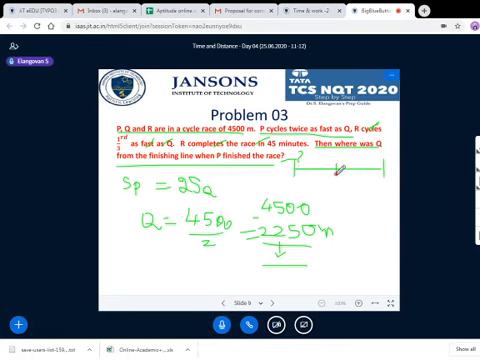So Q would have covered only this distance. Luckily, both of them are the same. If it differs, suppose it is 3, then 2/3 of the distance you